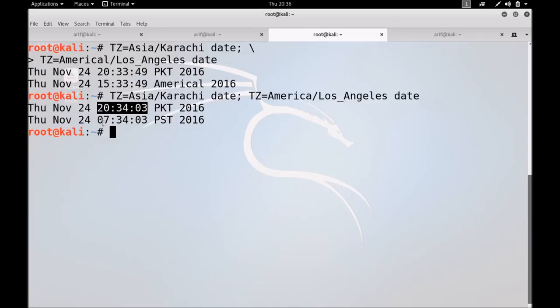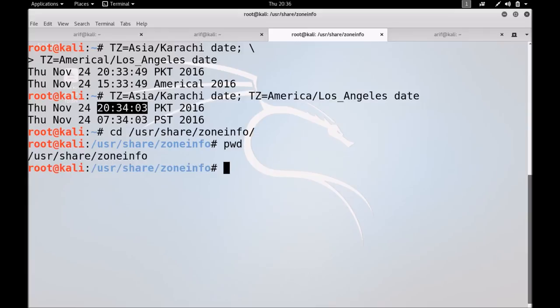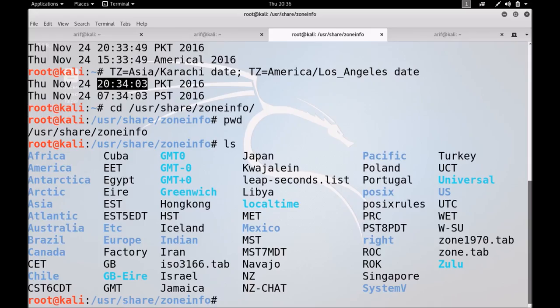On most Linux machines, these files are kept in the /usr/share/zoneinfo directory. Right now I am in /usr/share/zoneinfo, and if I do ls, you can see a lot of files and directories over here.